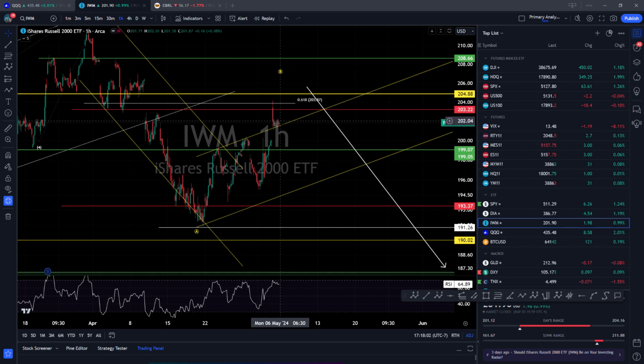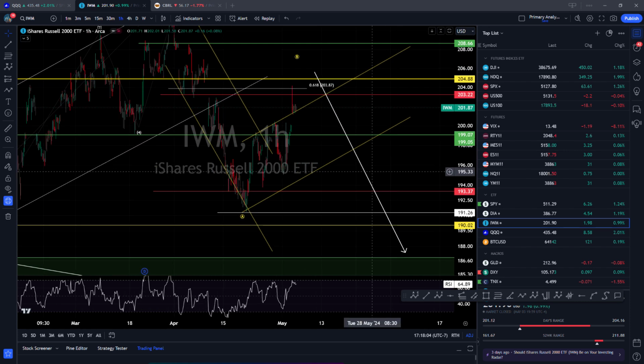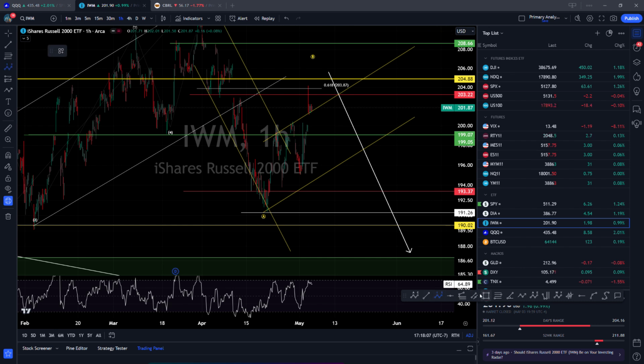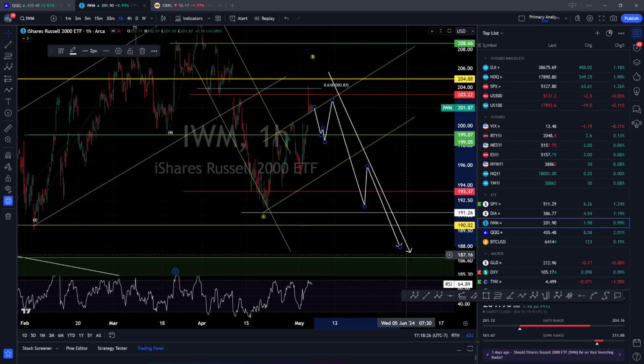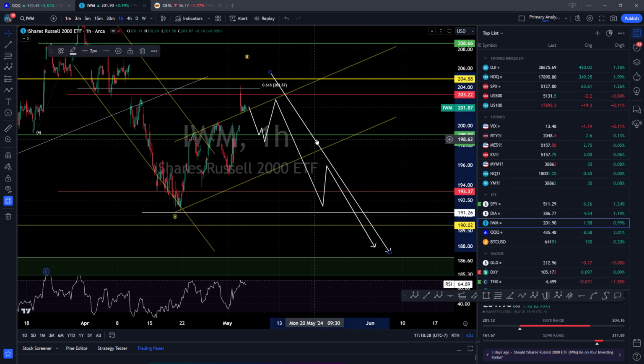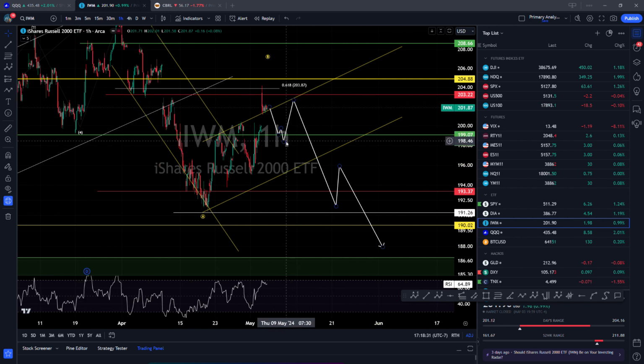But otherwise, this may start forming a 1, 2, 3, 4, 5 wave structure here. So if it comes down, like this would probably be wave one. And while we expect SPX and others to go up to 5200, this might be just doing a wave two and then a wave three sell off, wave four, wave five, something like that. So this is something that we should keep a watch for. That if a sell occurs along with other indexes, for tomorrow and Tuesday, we want to see these five waves formed.